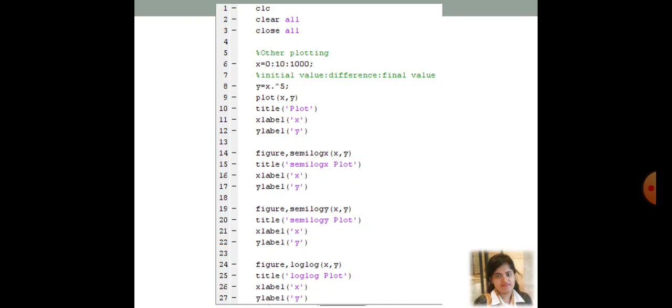But the unknown factor here is that you cannot say beforehand what the difference will be between each two elements, that is, between element i plus 1 and i. You are not specifying that gap, right?